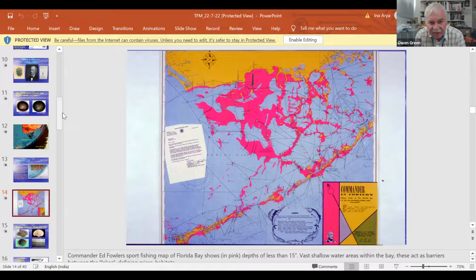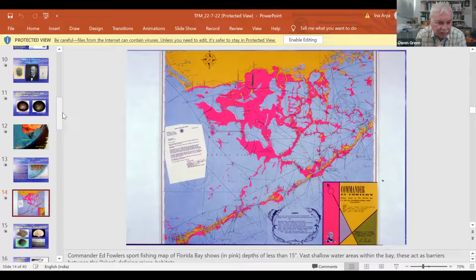So it's incredibly shallow, and you can actually walk for miles within Florida Bay. But the blue areas between the pink areas are often known as the lakes, which are occurring between them, but there are larger benthic foraminifera occurring on both sides of the mud mounds in there, because this is a carbonate mud mound area. And it's quite an unusual sort of